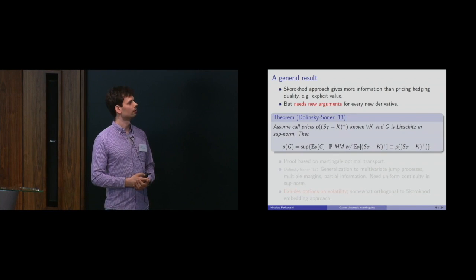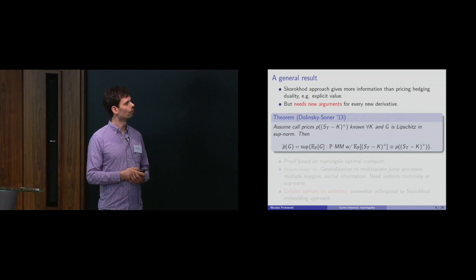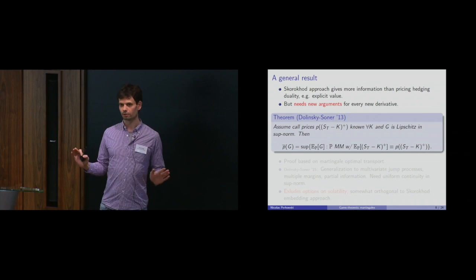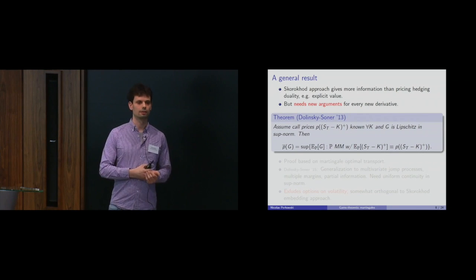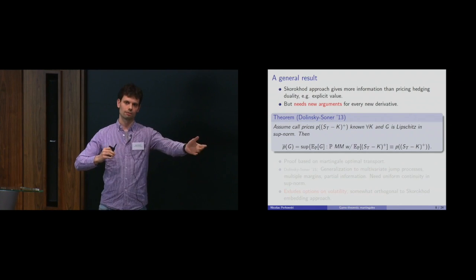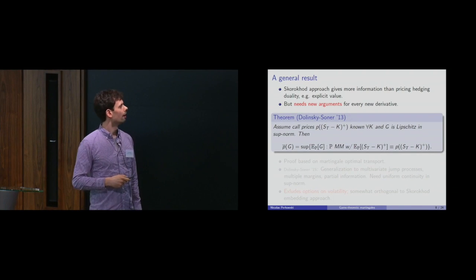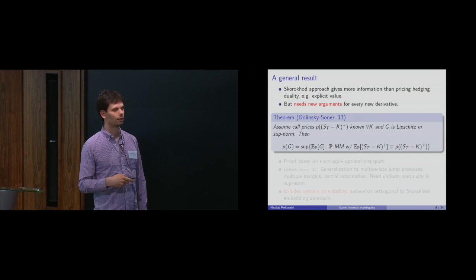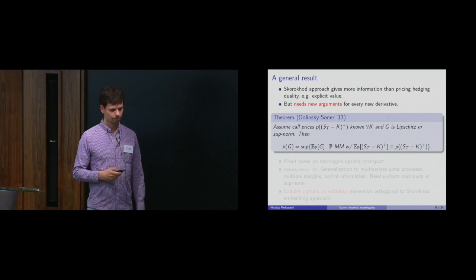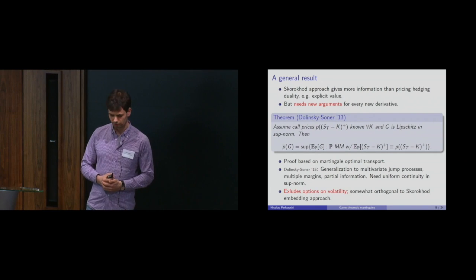And this was done by Duality and Soner in 2013, who are in the same setting as Hobson and all these papers before. So you know the call prices at the terminal time. And they assume that G is anything, so now it's abstract, it's not something concrete, but it should be Lipschitz in the asset price. So it's some functional from trajectories to R, and the functional should be Lipschitz continuous in the trajectory. And then they get the duality result that we want. The proof is based on martingale optimal transport and this really beautiful mathematics.